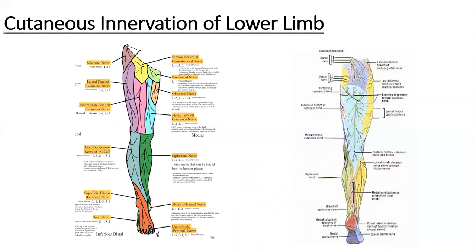So you can see the majority of the middle of the posterior aspect, up till the upper middle aspect of the leg, is supplied by the posterior femoral cutaneous nerve of the thigh. The posterior and lateral aspect is also receiving cutaneous innervation from the lateral cutaneous branches of the lateral femoral cutaneous nerve, and small twigs on the medial side are supplying the area from the cutaneous branch of the obturator nerve.